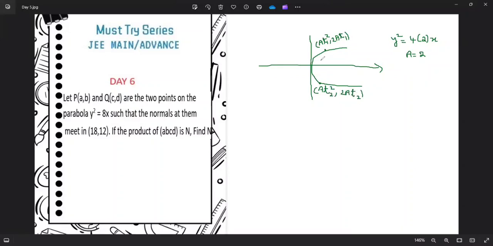So this is what they have represented in our question as (a, b). This is what they represent in our question as (c, d). From these, two normals are drawn, which are intersecting at (18, 12). To solve this question, we should know the intersection point of normals for the parabola y square equal to 4ax. The intersection point of two normals is given by